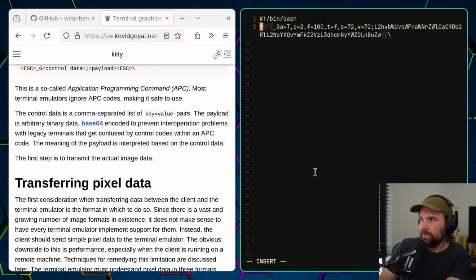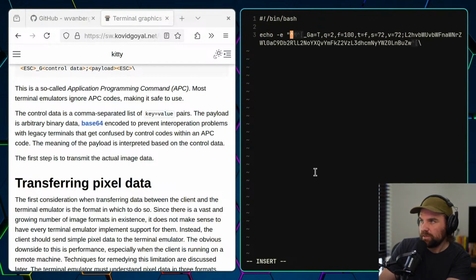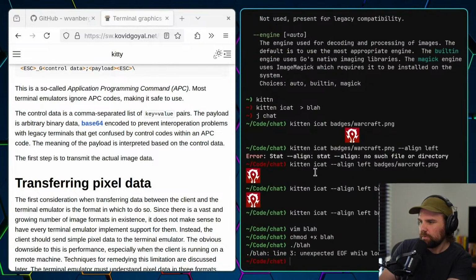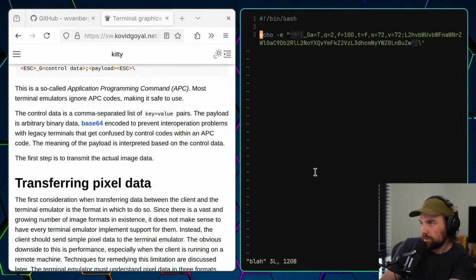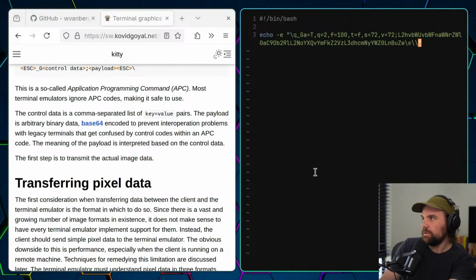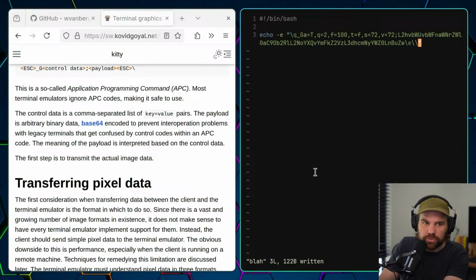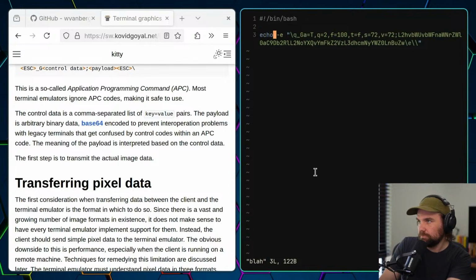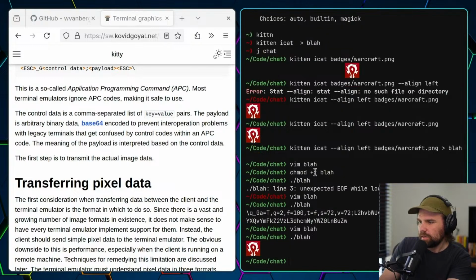So then I was like, let's turn this into a bash script. echo -e for treating the escapes correctly. And I was like, cool, well, let's see, chmod +x and let's run it. That's because this is not very well formatted. So I want to go \e_, and then \e. All right, so then I cleaned up the string to make it work within Bash, and I ran it, and it didn't work. No, \e, not q.